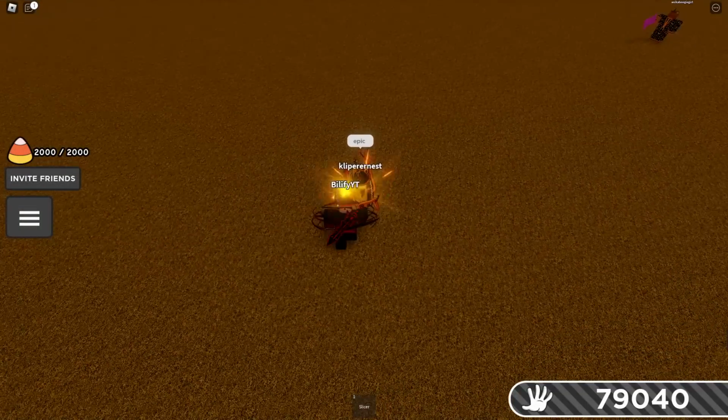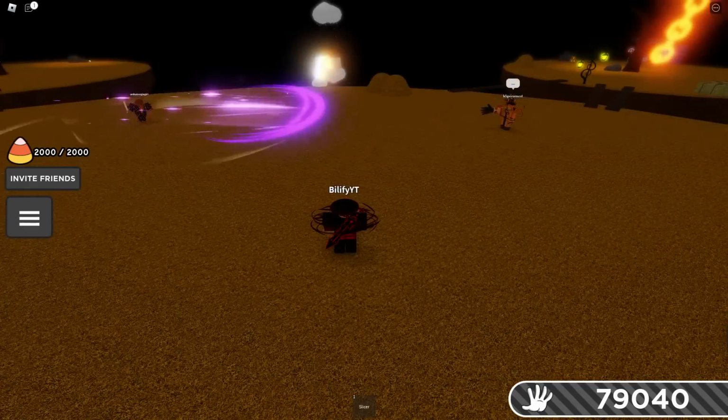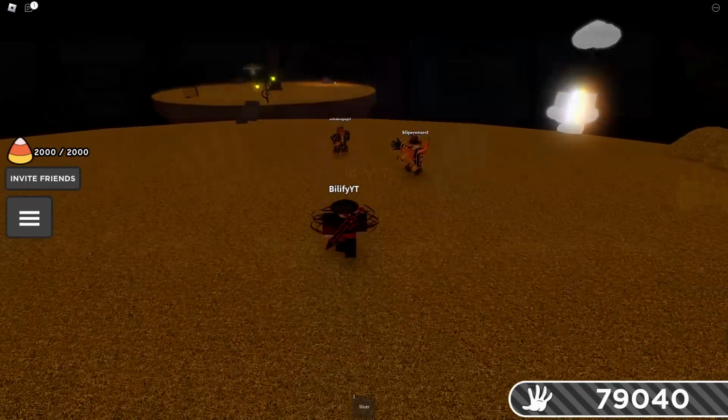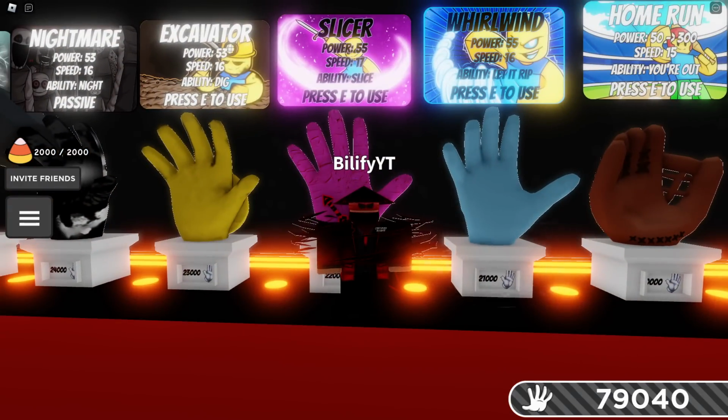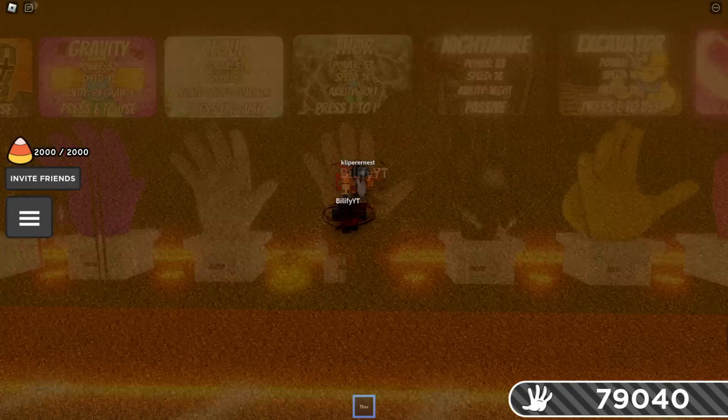So can you use it if you've been stunned? You cannot. You are gonna die. Now can they parry it? Oh, they can! We do not recommend Slicer, as they can parry it. However, we are going to recommend Thor, though. If we get parried,